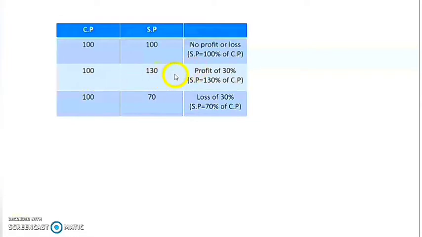Here one can observe that since SP was equal to 130% of CP, the profit percent observed in the second case is 30%. That is, SP is equal to 100 plus the profit percent of CP. Similarly, here SP is equal to 70% of the CP gives the loss percent to be 30. That is, SP is equal to 100 minus the loss percentage of CP, which gives us the general formula, which is